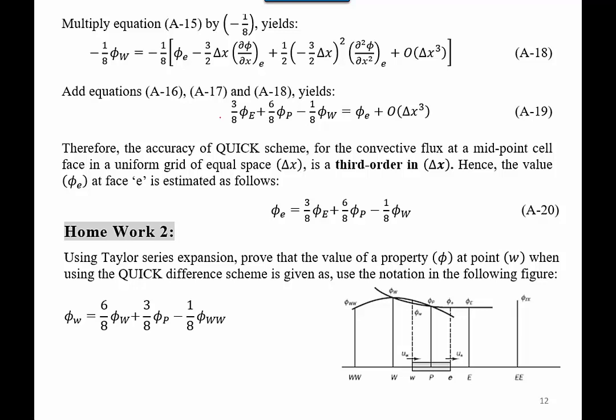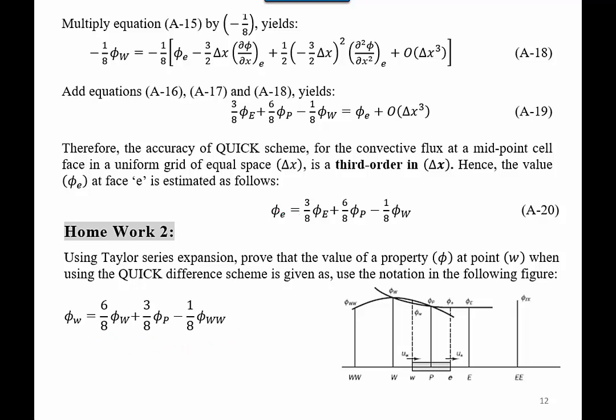As homework, you try to calculate phi at the west interface and prove it to be equal to this equation. As you see,